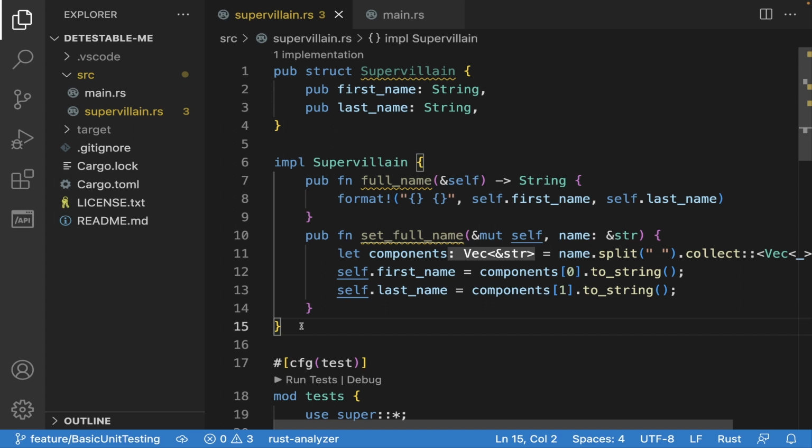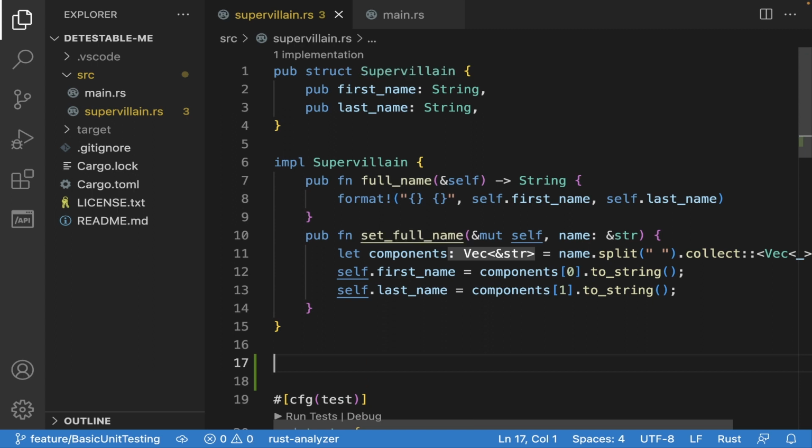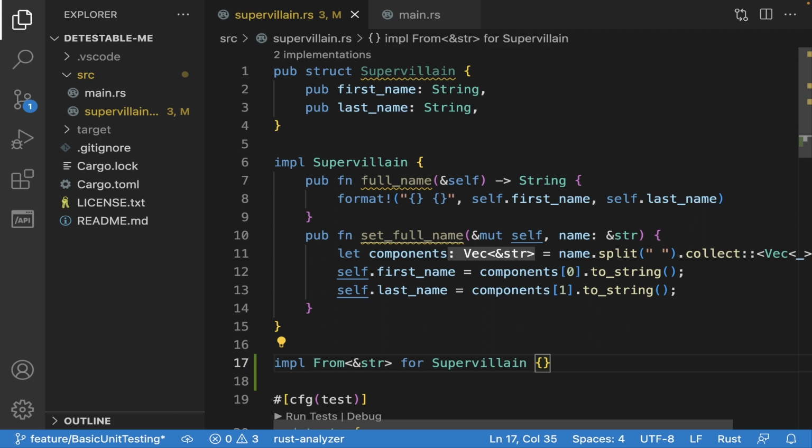Okay, I know what you're thinking, but this is not the way we do things in Rust, Jorge. And I agree with you. We don't create an instance with dumb values in order to modify the instance later on and then have the values that we wanted in the first place. We usually use the from trait or the try from trait instead. So from the initial values, we create the instance that we wanted in the first place. So let's do this here, and let me show you why I didn't choose this way of doing things, which